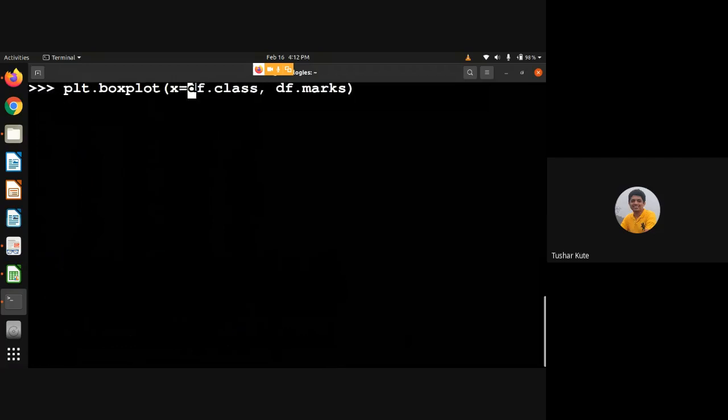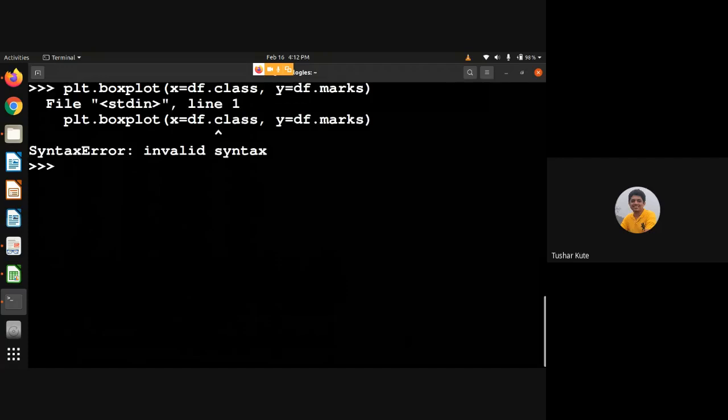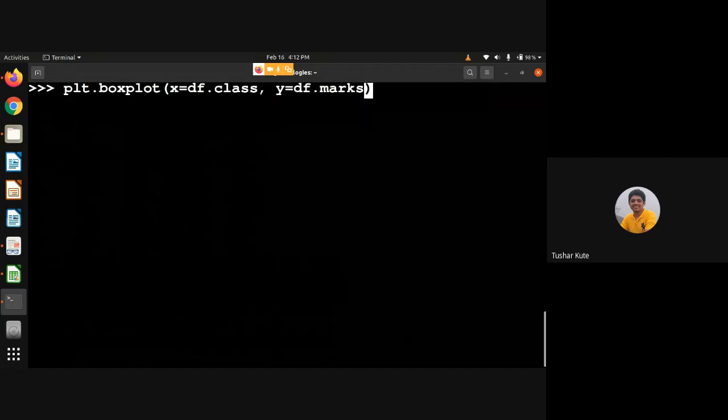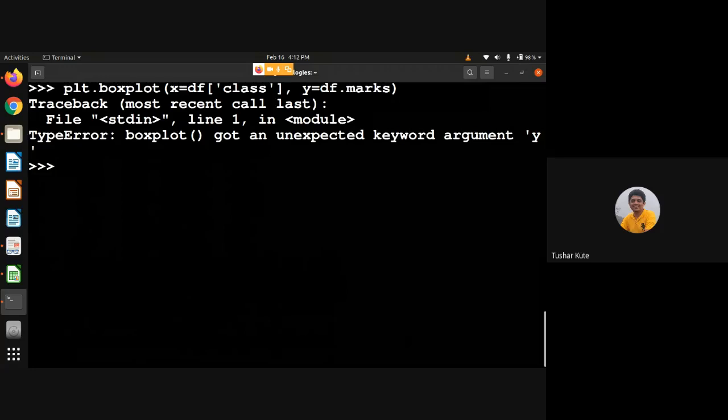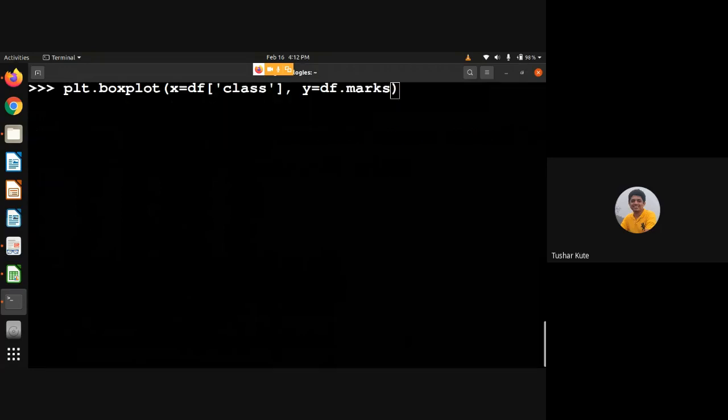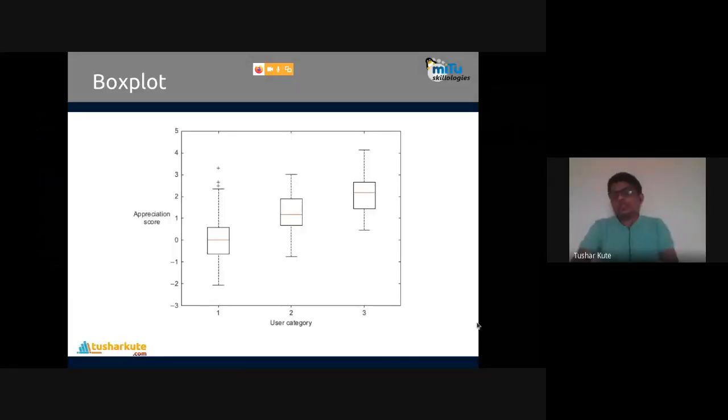Because box plot is present in the data frame, I need to use it here. Let's use this syntax. No, maybe it's not possible for this. We'll check it out when we go for visualization. That time I'll show you.